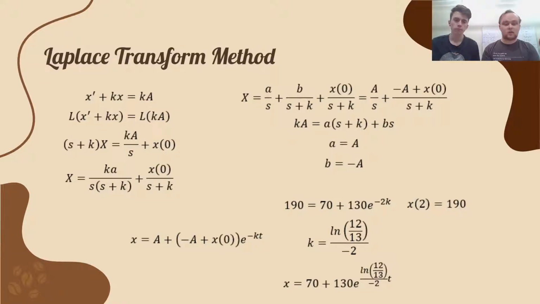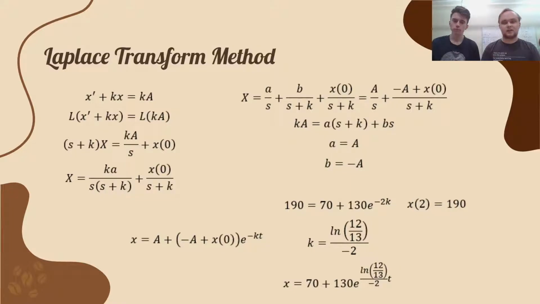In this, we're going to start with the same x prime plus kx equals ka. We're then going to take the Laplace of both sides, which is going to give us (s plus k)x equals ka over s plus x naught. We're then going to solve for x, and then via partial fraction decomposition, we're going to get to the equation